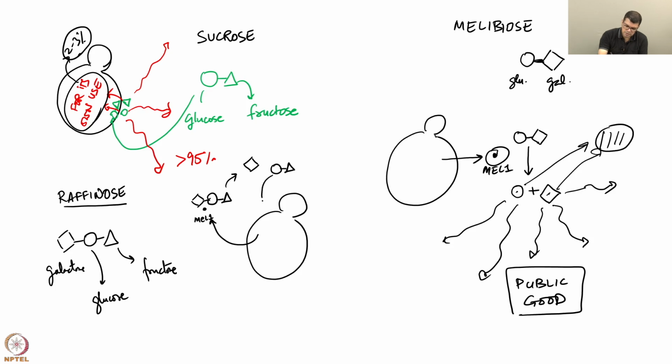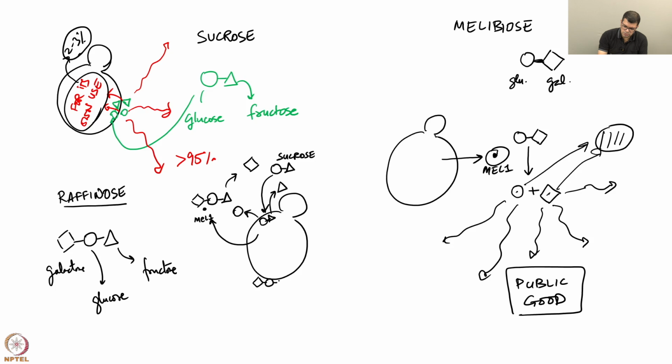This is sucrose. The sucrose is then brought to the periplasm, leading to hydrolysis of sucrose and release of glucose and fructose. Alternatively,